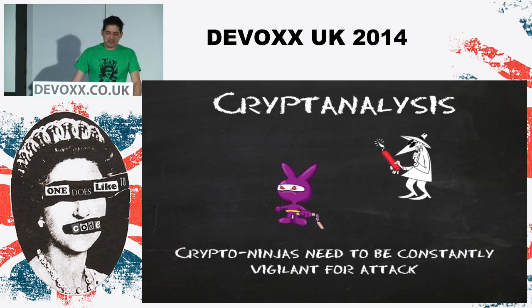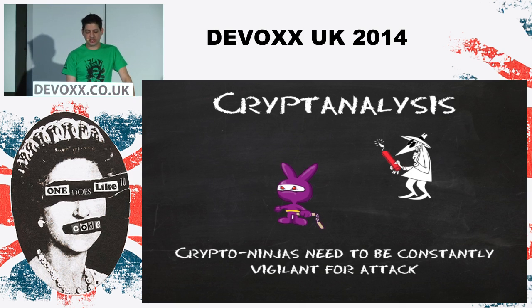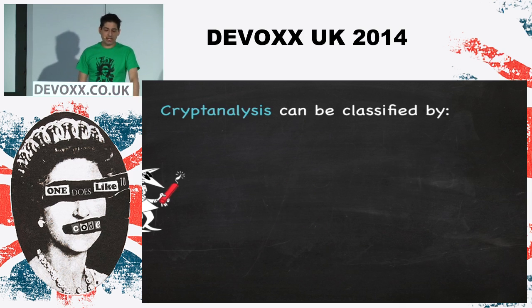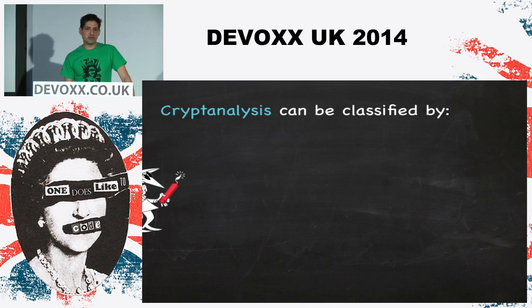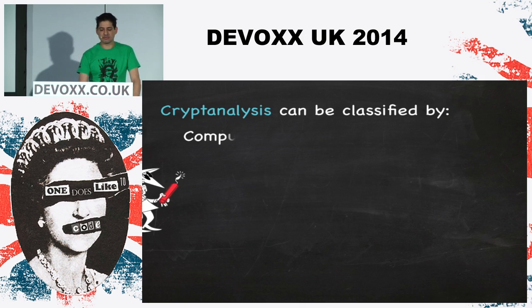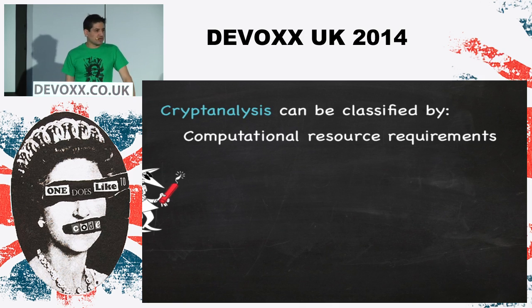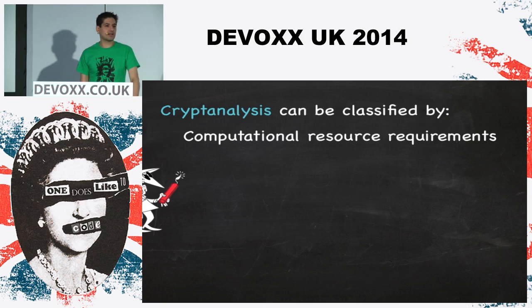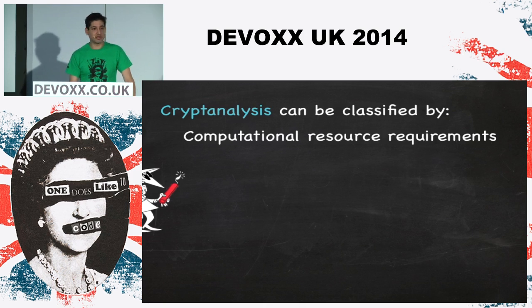Can't go much further without touching on this, because I'm not really going to cover it in much detail later in the talk. Cryptanalysis. It's used to breach cryptographic systems. There's various ways of doing it, and what type of cryptanalysis it is depends on computational resources. Are you requiring a Cray supercomputer to crack this cryptography system? If you don't have a Cray, then it takes 20 years on a desktop. It's not really an efficient cryptanalysis method.